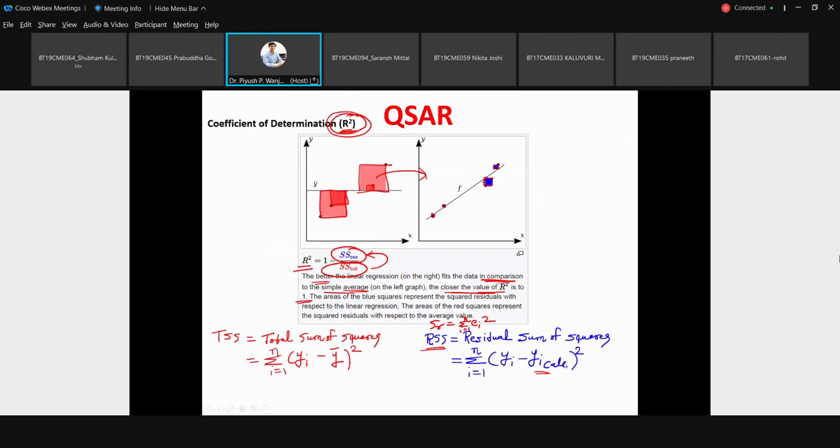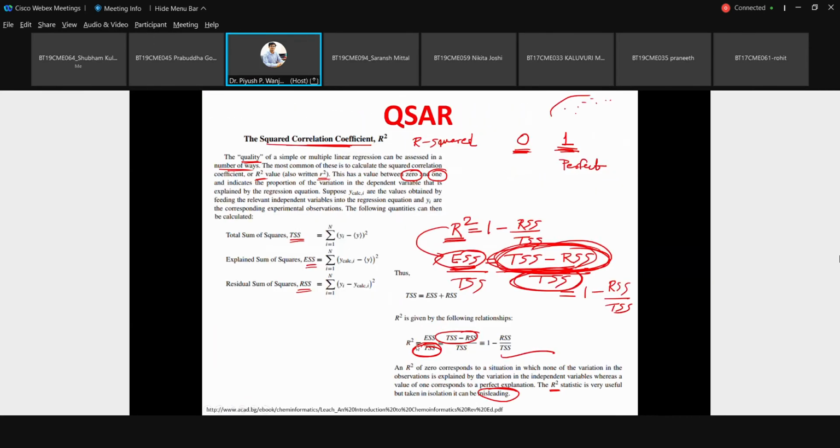So if you have this formula for R square, you need to know these three terms, TSS, RSS, and ESS. If you simply calculate the RSS term and the TSS term, the R square value can be calculated directly. RSS is the difference of each data point from your model value, and TSS is the difference of each data point from the average value, squared.